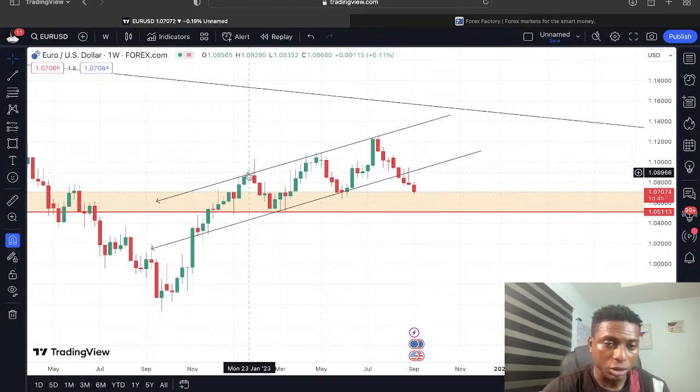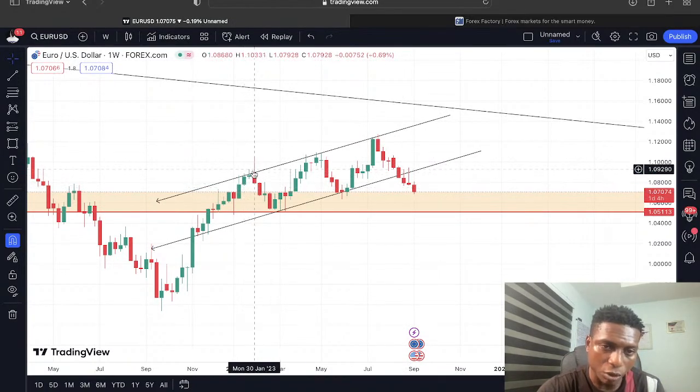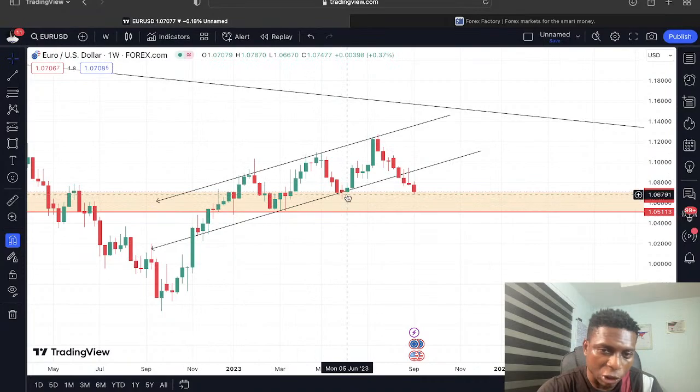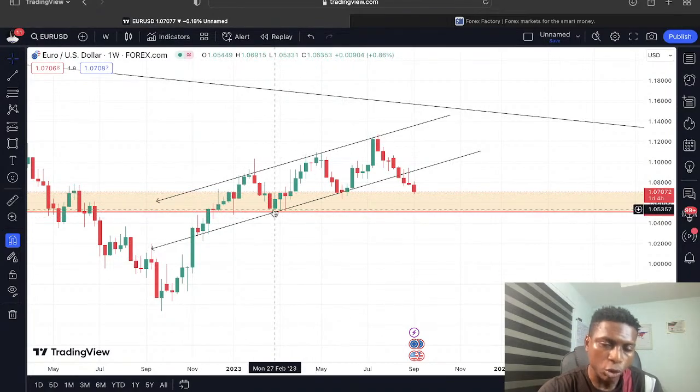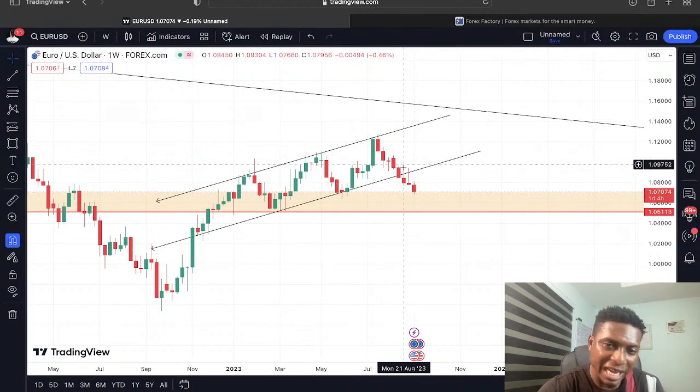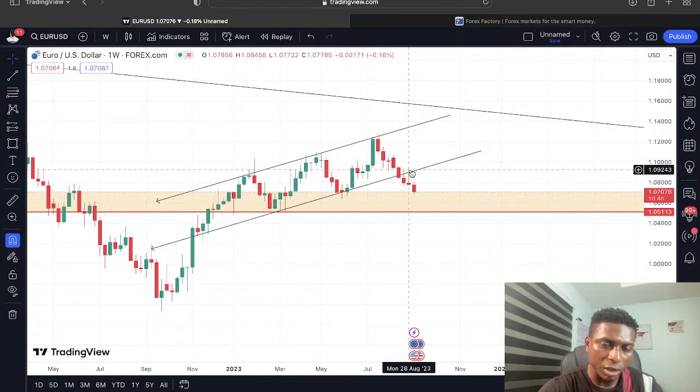All right, because the reason why we call it a higher low is because this low, okay, is above the previous low, and this low is above the previous low. So you can see that price has even the low has been going higher as price keeps going higher and closing higher than the previous low. All right, so here now we can see that price has broken out of that trend line, okay, and then